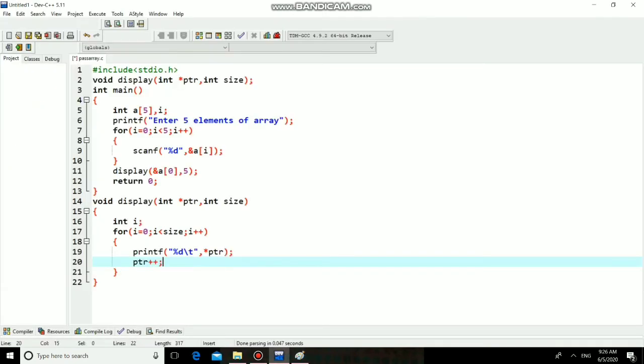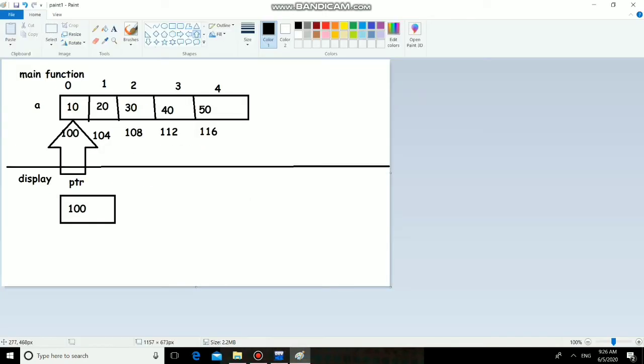On exiting from this for loop, it will have 120, pointing somewhere here, a block that doesn't exist in your array.